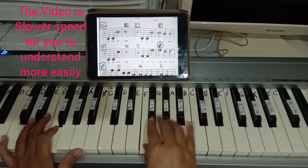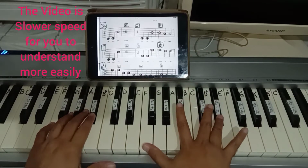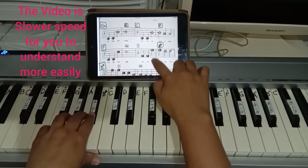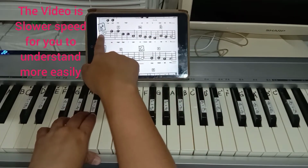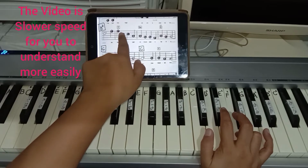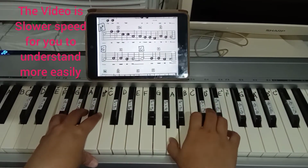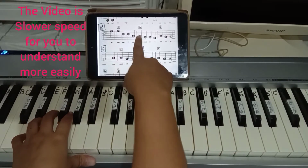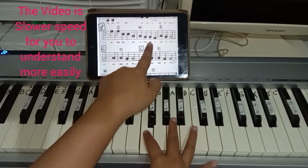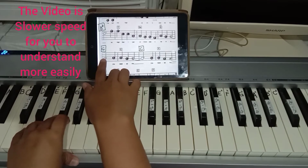F, F, E flat higher, left hand is B flat, E, E, E, D, D, another B flat, F, F with the left hand, F, C, C, A, left hand D, A, G, G, F, left hand G, A, G, G, another left hand G,